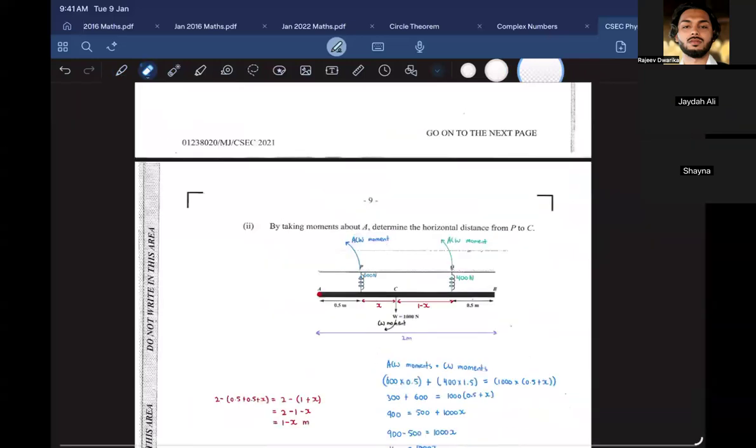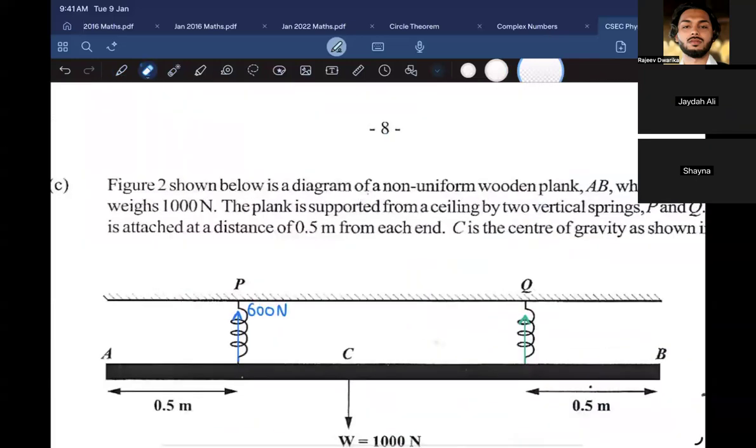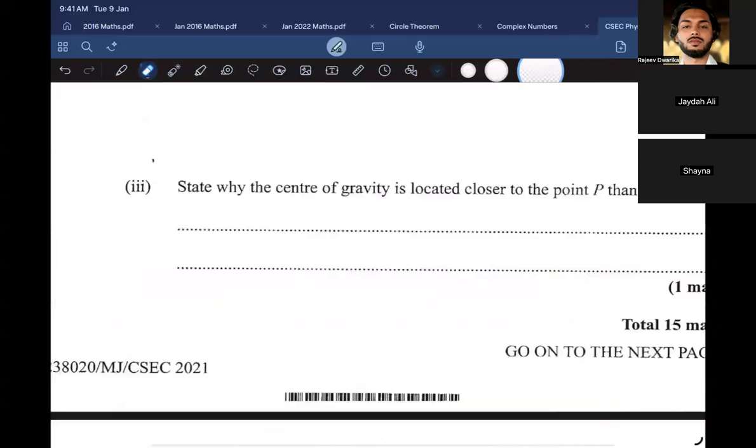So let me go up to the start of the question. What did they mention about the wooden plank? It's not uniform. It's not even. So it was a non-uniform wooden plank. If you have a uniform wooden plank, wouldn't the center of gravity be exactly in the center? Yes. But is this a uniform wooden plank? No. So the easiest answer for this would be,